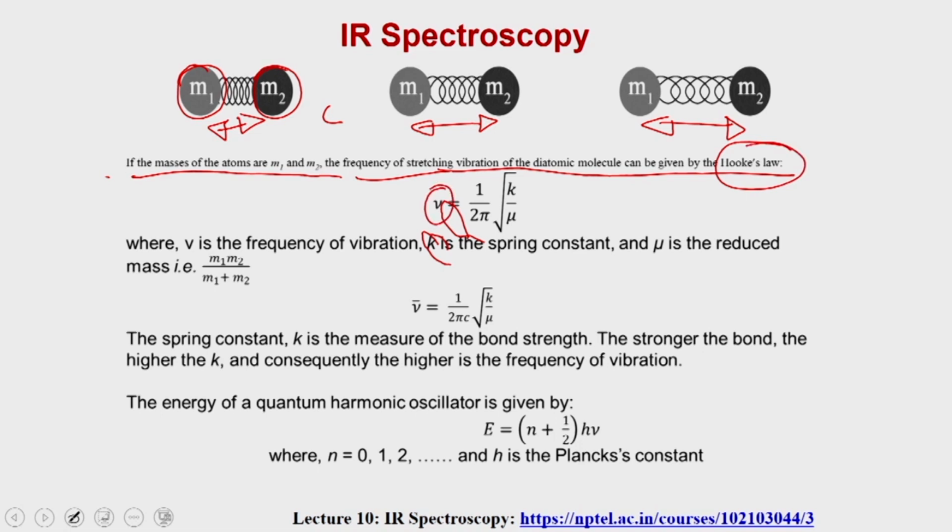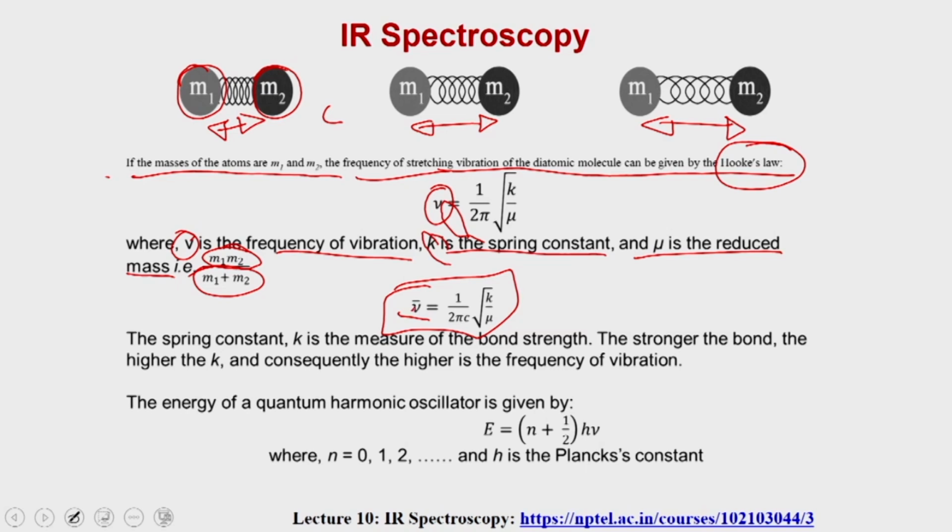The vibrational frequency would be ν = 1/2π √(k/μ), where ν is the frequency of the vibration, k is the spring constant, and μ is the reduced mass, which can be calculated as m1 m2 divided by m1 plus m2. If you divide this whole expression by c and simplify, you will get the formula that is called the